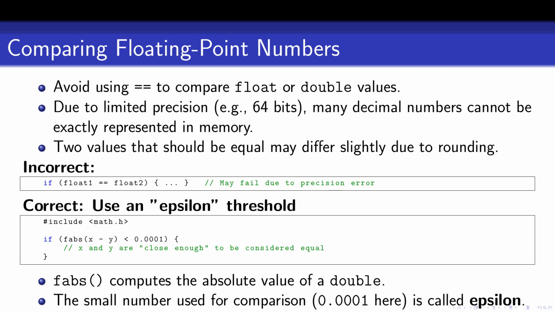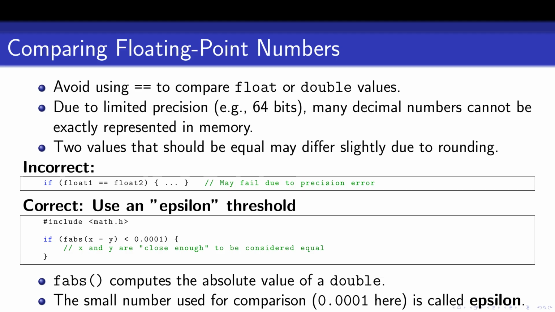When comparing floating-point numbers in C, it's important to avoid using the equality operator, ==. Due to how floating-point values are stored, many decimal numbers cannot be represented exactly in binary. So even if 2 values look the same when printed, they might not be identical in memory. Instead of checking if x equals y, compare whether the difference between them is close enough. You do this using an epsilon value, a small threshold like